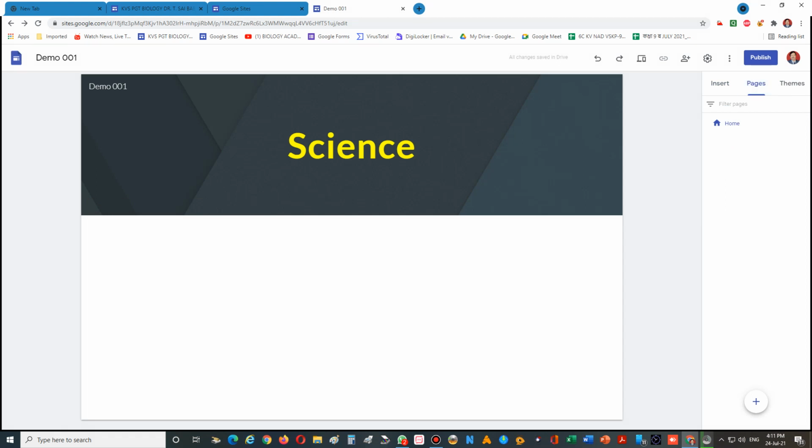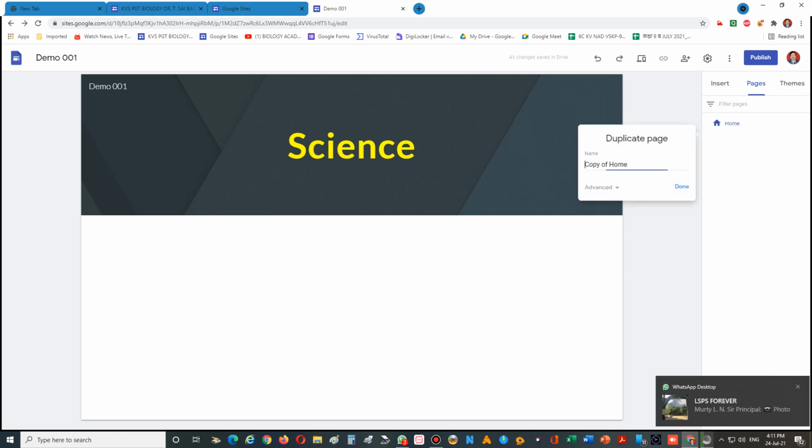Suppose you want to create sub pages under the home page, a drop down menu below it will hold your sub pages. Or you can create 3-4 pages on the home level, and under each one you can create sub pages. So I am clicking on the 3 dots, you can see here, then duplicate page. Suppose I am creating one, for example 6th science. Okay, 6th science I created.